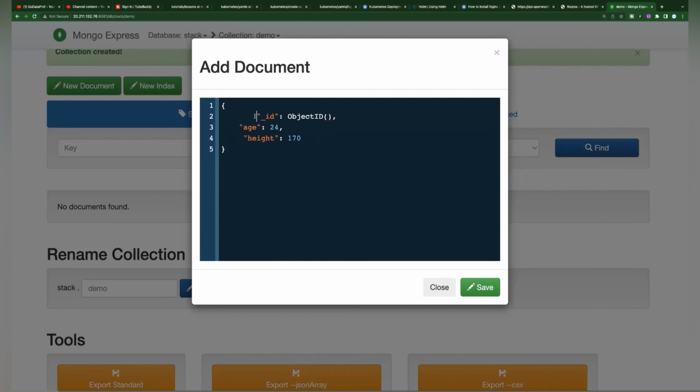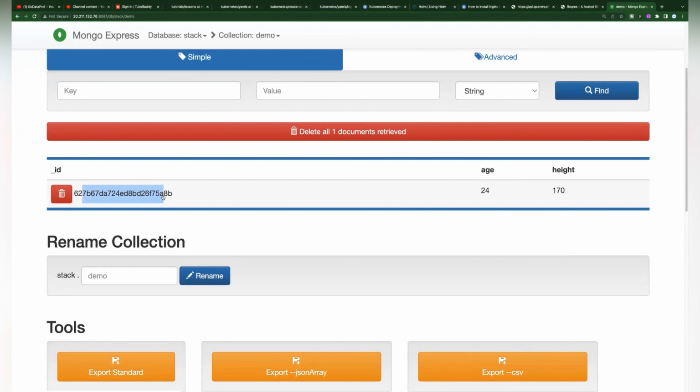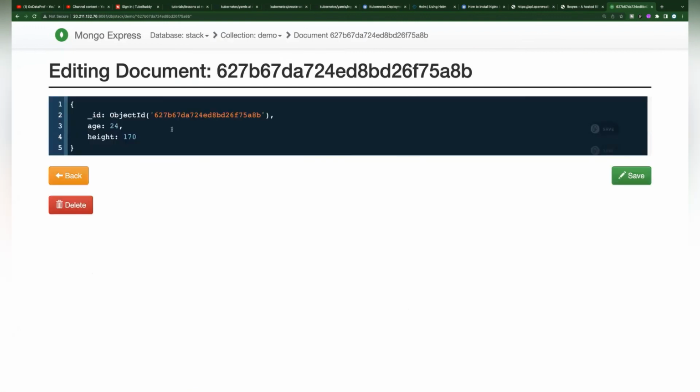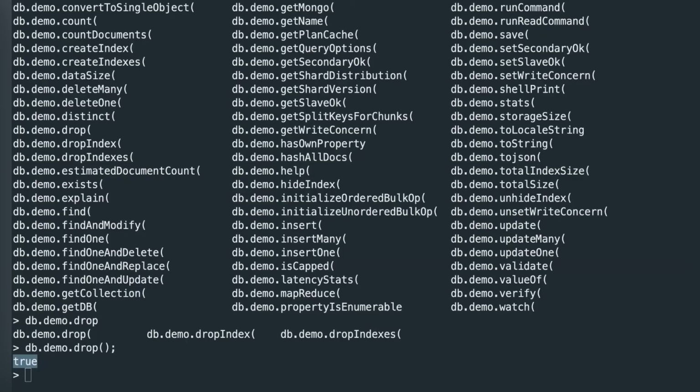And then if I insert this, if I save this, it's saved, you see. So this is our new record. If I click on it, this is how it looks like. So I can go back. If I go back to our terminal and check the records,